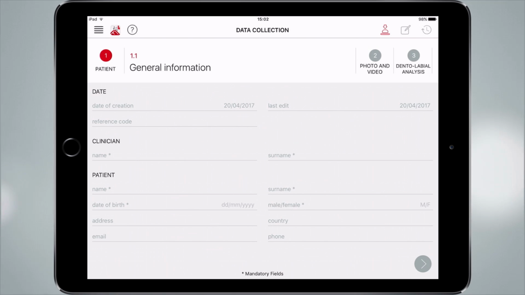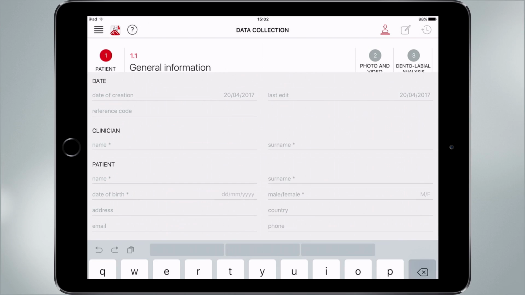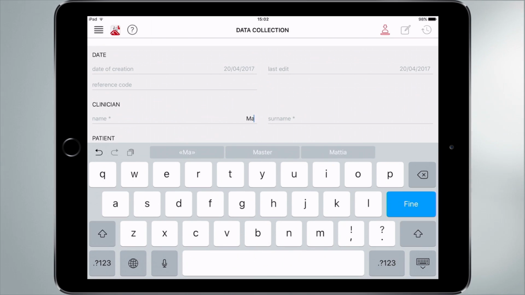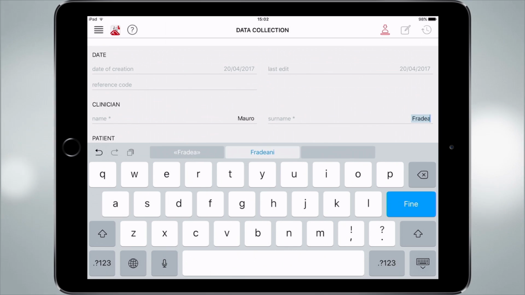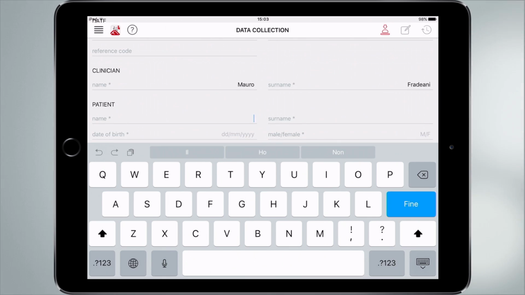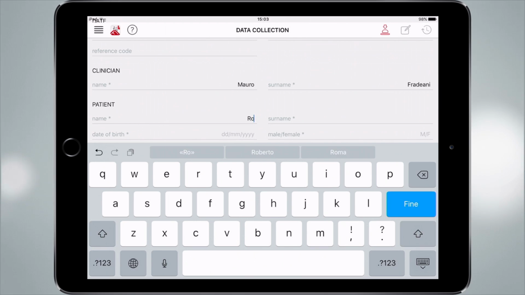Of course, we can write here my name and my surname. Then we go to the patient, and of course, we have to write down also the name of the patient, surname,